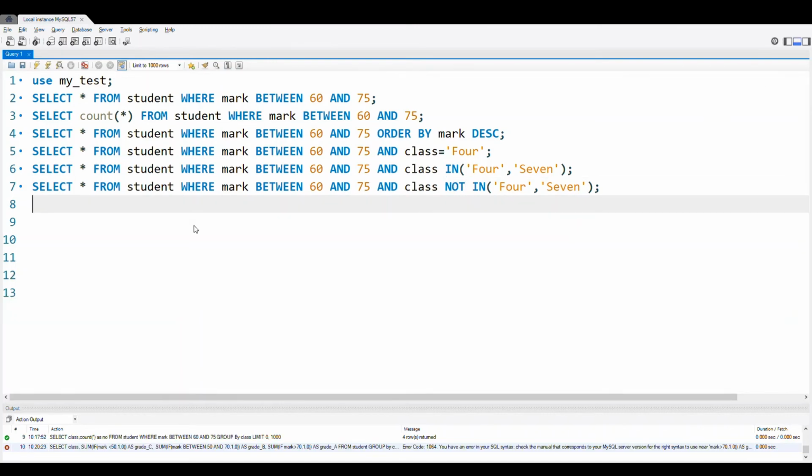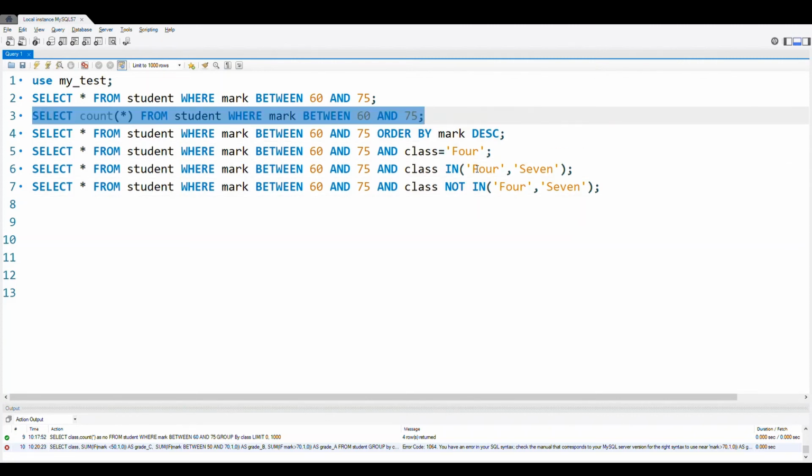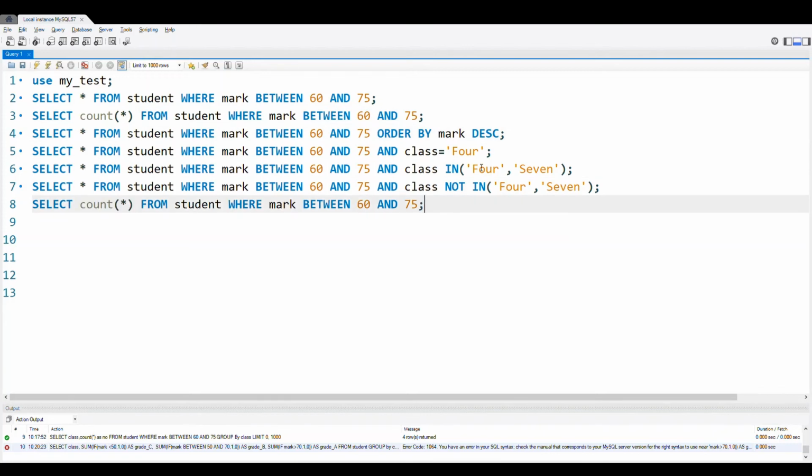One more requirement will be how many students are there within this range in each class. So for this we will use the group by command. We will just use this one, copy it, paste it. So we want to display the class and the number of students in this range. Then we will use group by class.